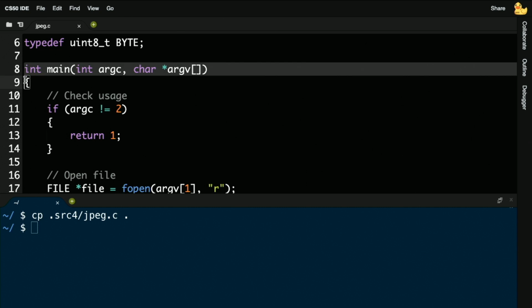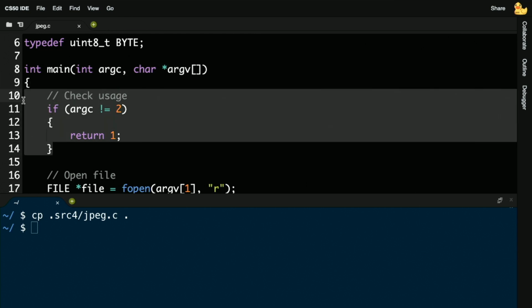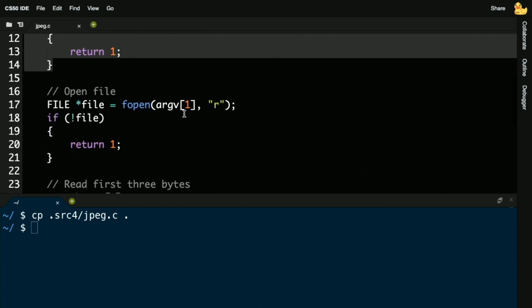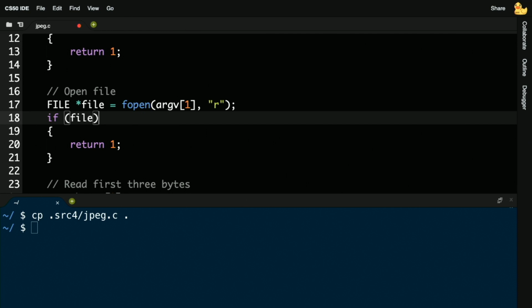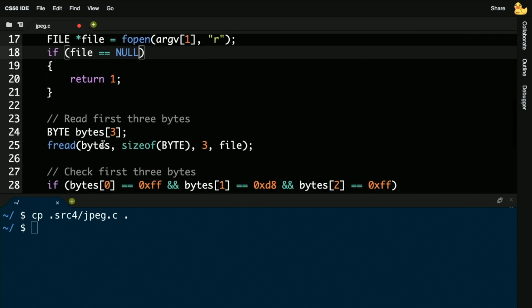Notice in this program, I'm resurrecting the idea from week 2 of command line arguments, where we can take input from the user. Notice that I'm checking if the user typed in 2 arguments. And if not, I'm returning 1 immediately to signify error. In line 17, I'm using my new technique. I'm opening a file using the name of the file that the human typed at the command line. And this time, I'm opening it to read it with quote unquote R instead of A. But if there's not a file, so if bang file, that is if exclamation point file, or if file equals no, those mean the same thing, I can go ahead and return 1, signifying an error.